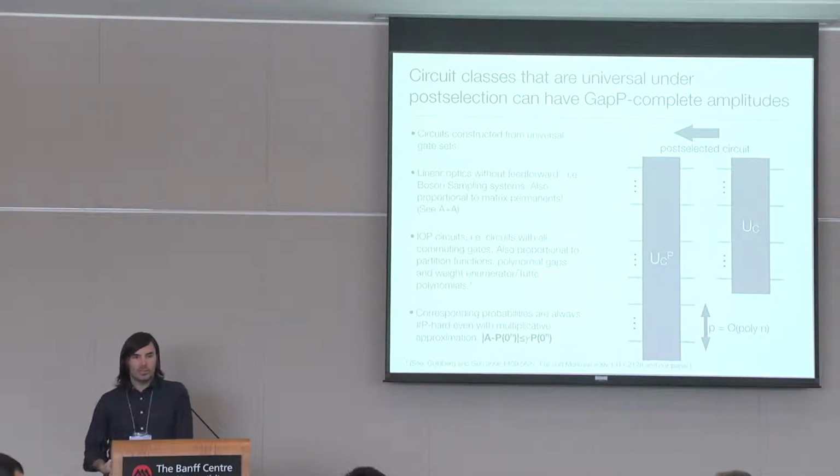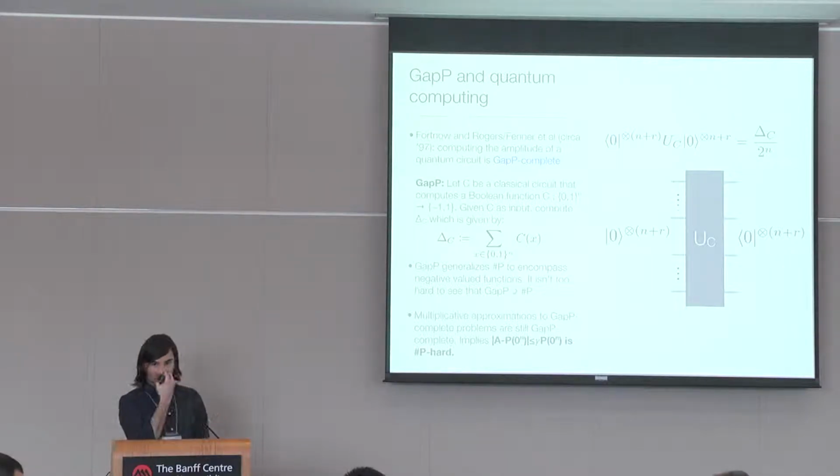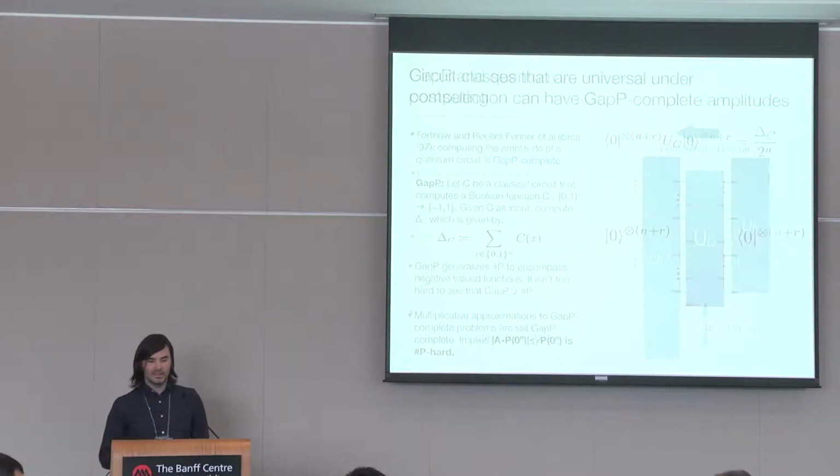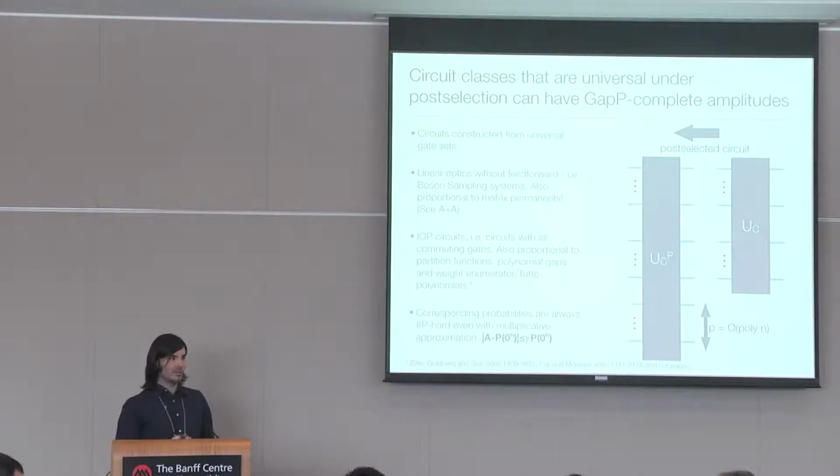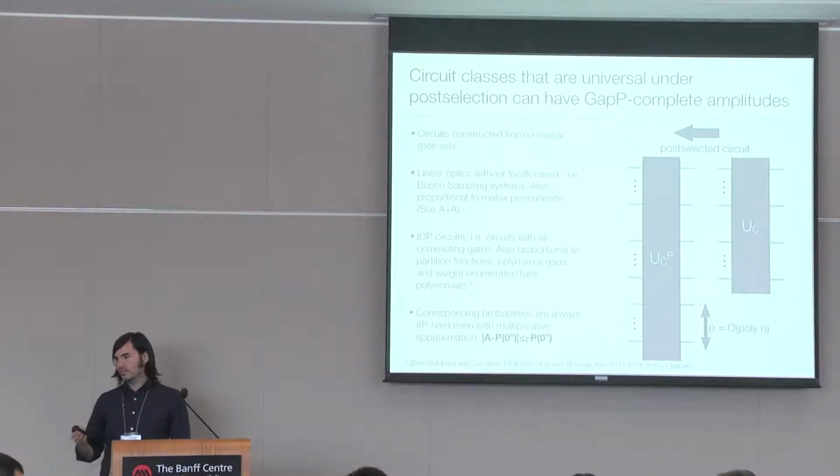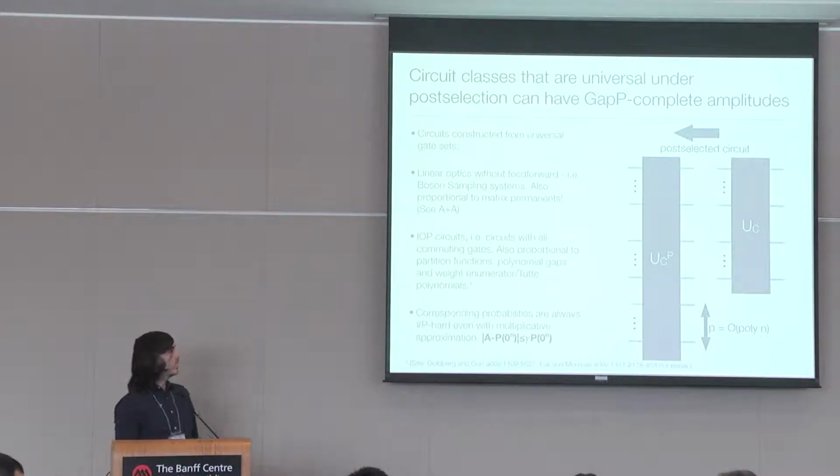It can be shown that in order to do this construction, the way that they did it, you need a universal set of gates. It turns out that using arguments based on post-selection, you can actually take away this universal gate set requirement. Alex and Scott showed that using these sort of tricks, you can